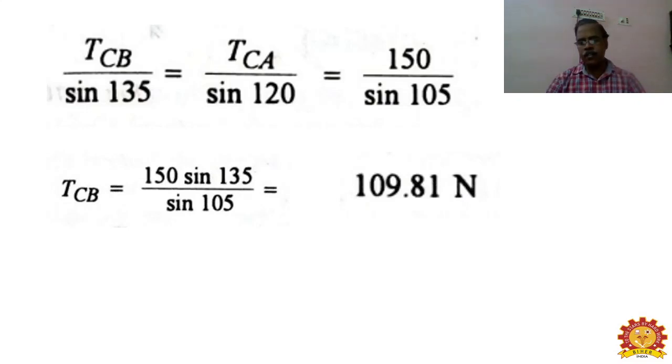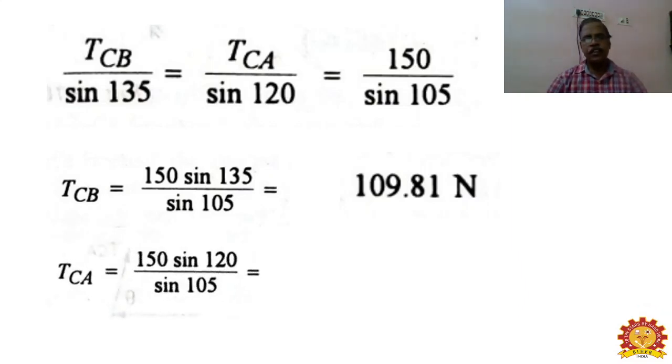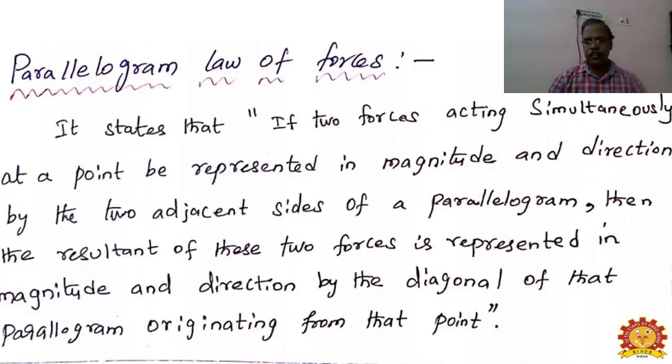So if you have a practice, you try to use your calculator and find the solution. Similarly, taking the other equation like TCA and 150, you will get this value as TCA, and the solution will be the answer which is given as 134.49. So now by seeing this, within a single step, it's very easy for us to resolve and get the solution